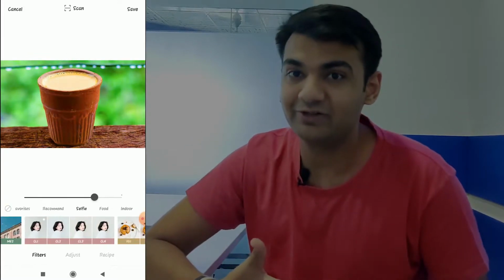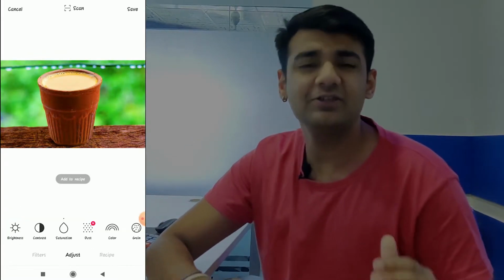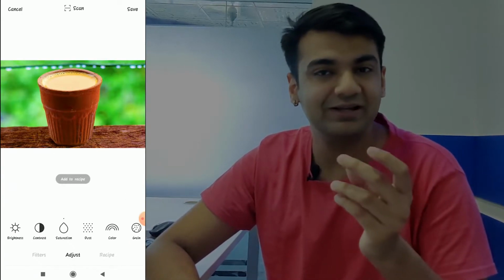Anyways, the app knows that you are a foodie and you love clicking pictures of food, and it also knows that it is difficult to take photos of food while you are eating or if you have good food in front of you. So the app's interface is so simple that you literally have to swipe. It is just like swiping and you'll change the filters. Imagine if Tinder was for food. So if you just want to get a better pic of the food.